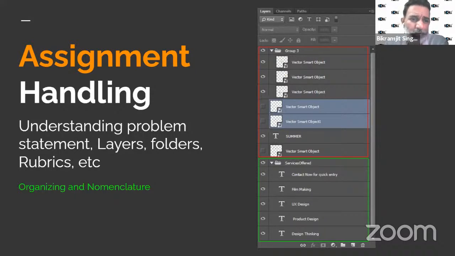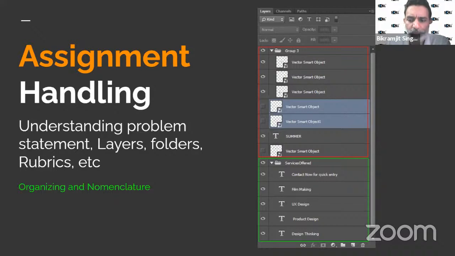It's not about a folder alone or the subfolders alone. It will go to the source file, to the layers in between, and even the output you'll be producing. For example, the JPEG output, you will have to give it a proper name, in a fashion that this was the assignment name, and assign it accordingly. I hope that makes my point very clear. So an organized approach is very, very important.